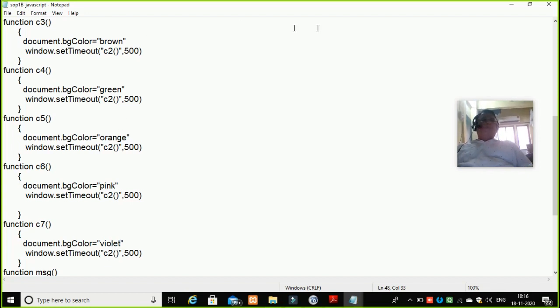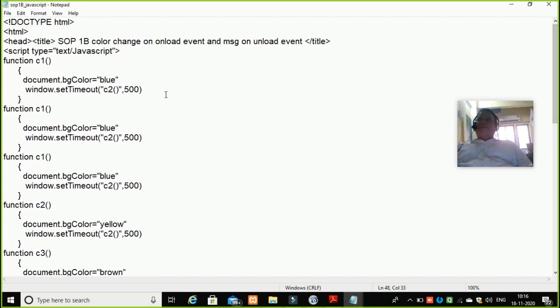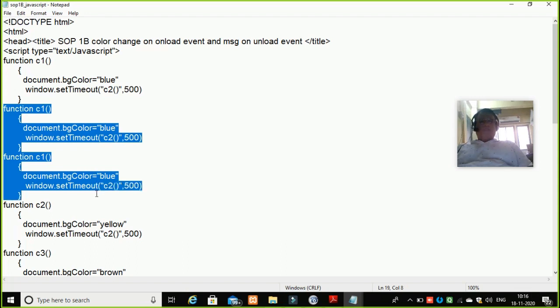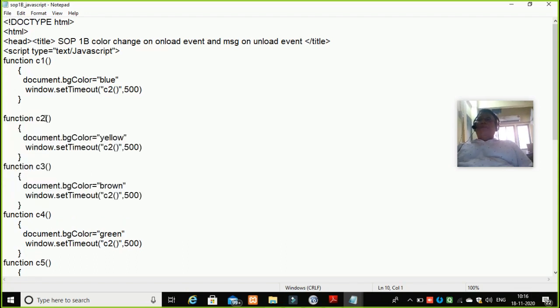Now here I should give a call. So ample functions are being copied. I'll remove this. C1 is giving a call to C2. C2 will give a call to C3. C3 will give a call to C4.